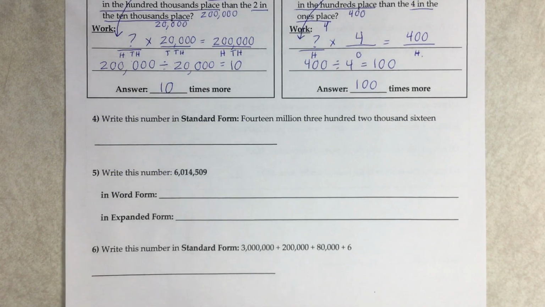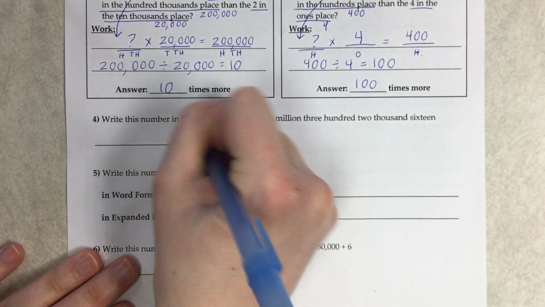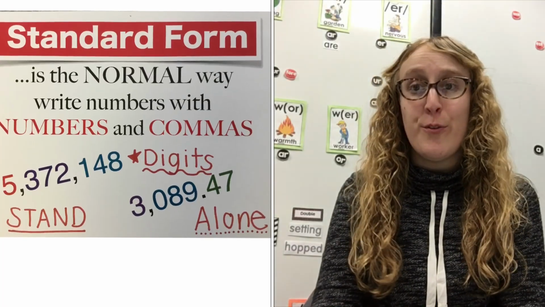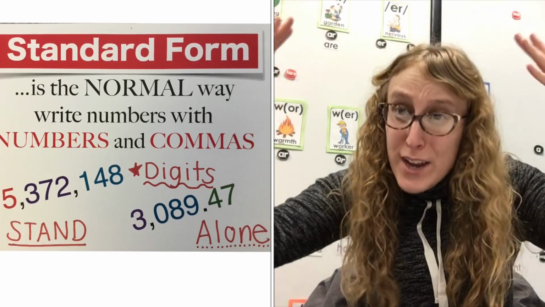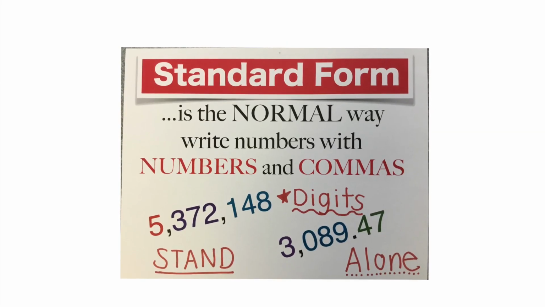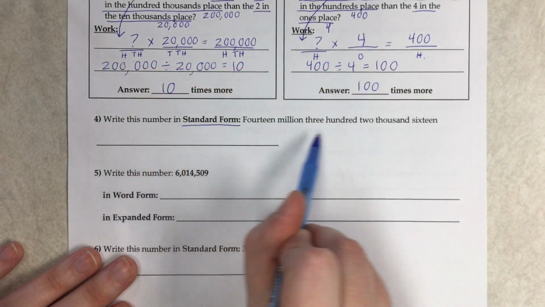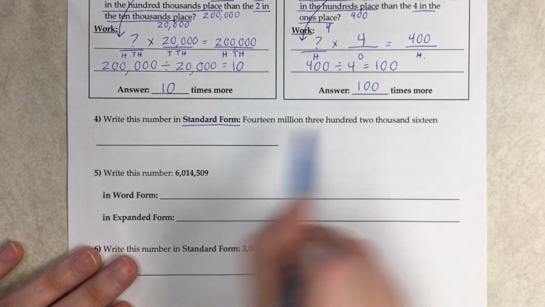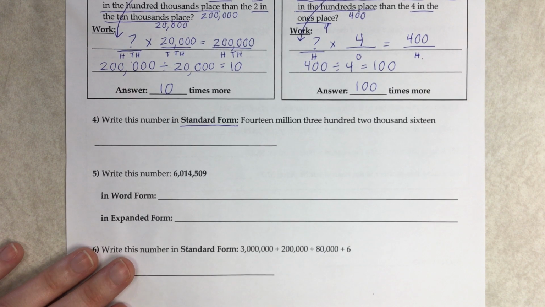Okie dokie, let's look at some number forms now. Number 4 says write this number in standard form. Standard form is the normal way to write numbers. Duh. So I'm going to look at my number here. It's in word form. So the first thing I'm going to do is find all of my